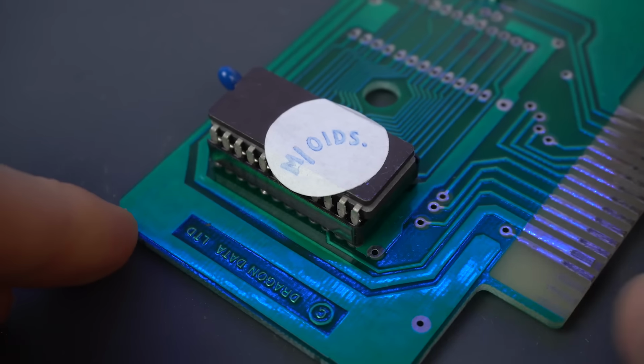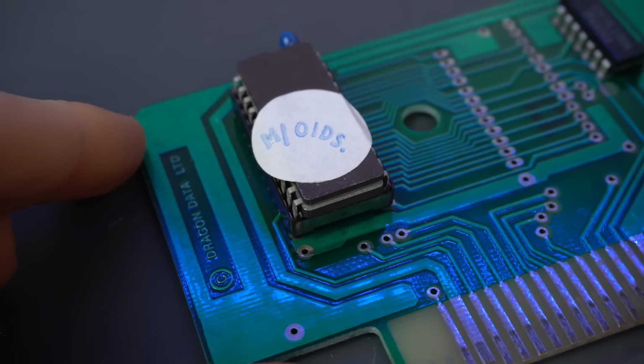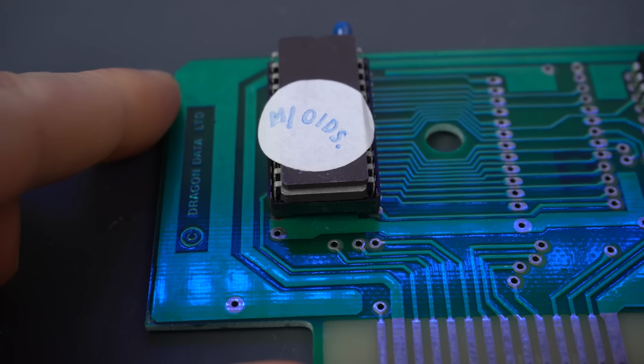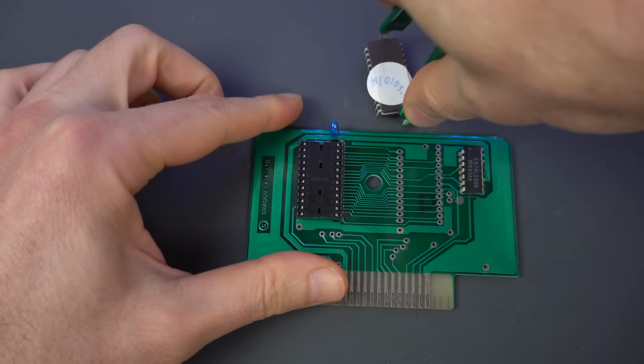And the ROM is already socketed, how convenient. So we can replace that EEPROM with one with a Microbes game and run it on the CoCo. Well, it's not that easy. There is one problem. The EEPROM in the cartridge is a 4 kilobyte 2532, which is not a type I